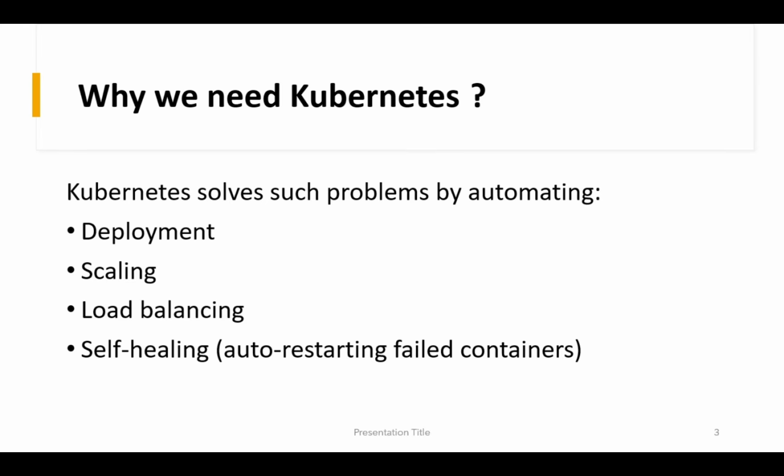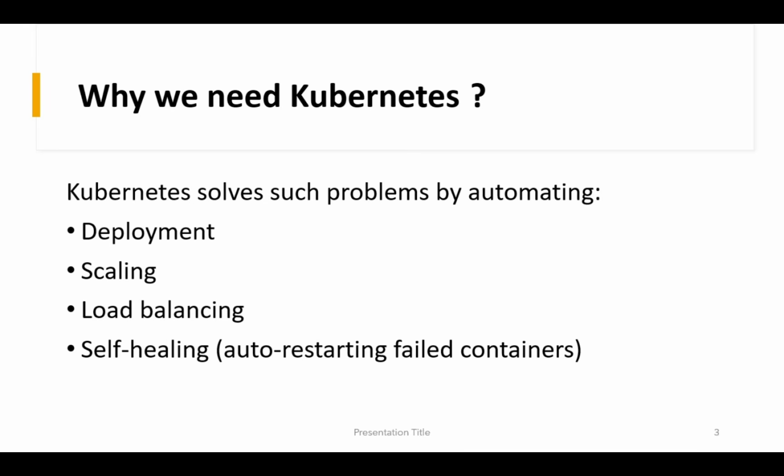What is self-healing? If some containers fail in Docker, Kubernetes will launch new containers. So Kubernetes continuously monitors the health of your application components like pods, using built-in controllers like the ReplicaSet controller, node controller, and kubelet on each node. Kubernetes compares the actual state with the desired state defined in your YAML file. We will see the YAML file in the next part of this tutorial. If there is a mismatch, it takes action to reconcile the two. This is what makes it self-healing, right?